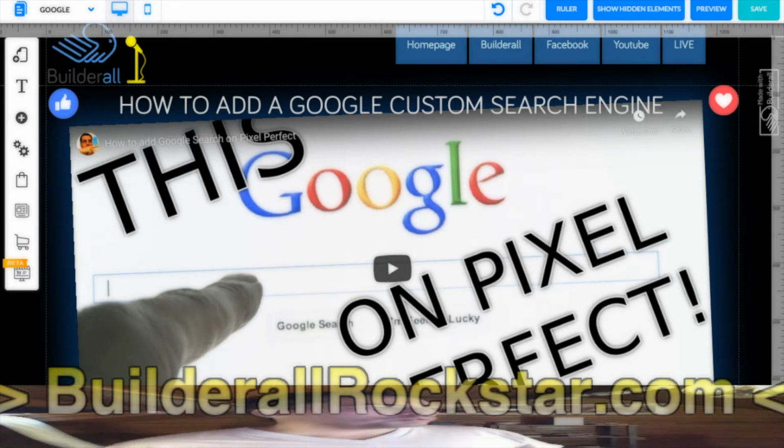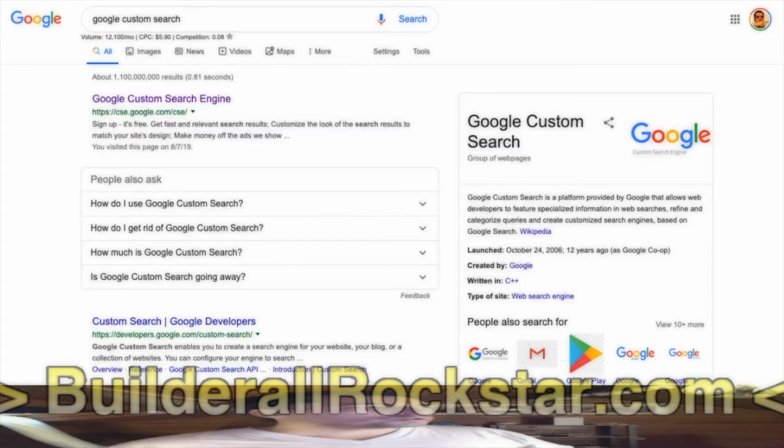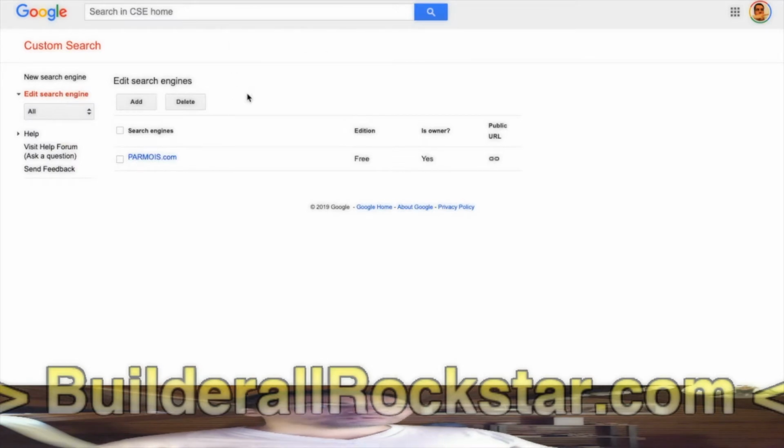So how to do it? You go to Google, you search for Google custom search, you find custom search engine. Okay, you click on this one. You need to be connected to your Google account. So here I have created already one custom search engine. I will add a new one just for Builderall Rockstar. So add